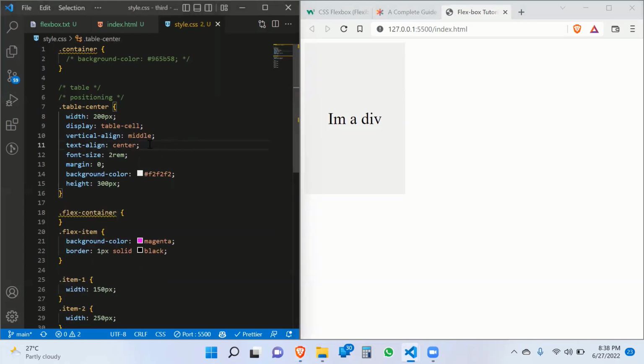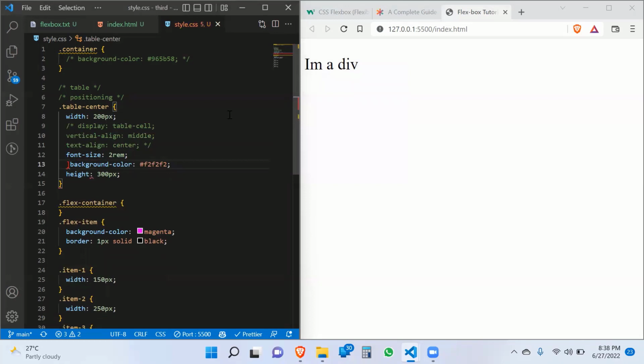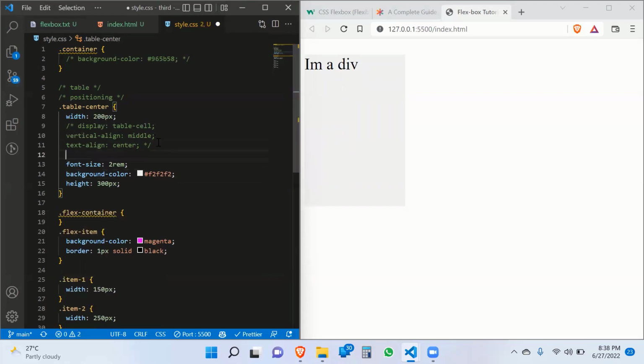So for another one, I'll comment this out, and let's go back to our initial. So we have something like this. I can remove this margin. So we have something like this. Now, what other method can we use to center our div? There are several methods. But what other method can we use? Another one is we are going to use